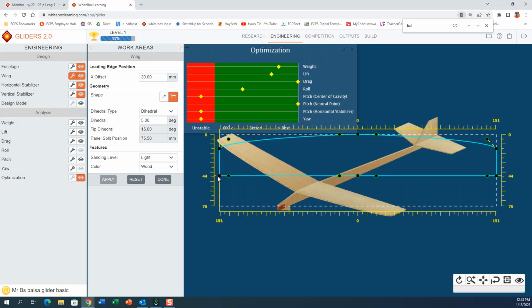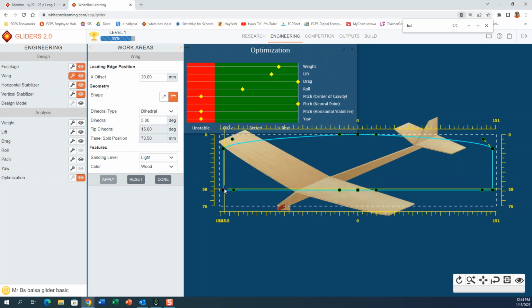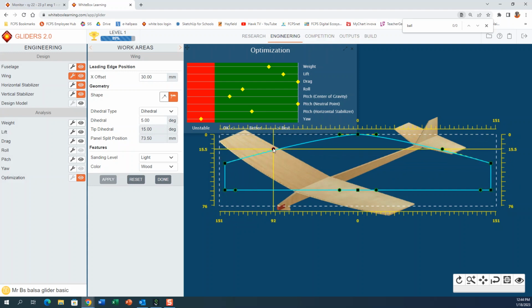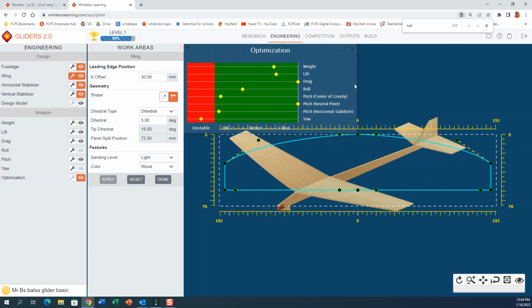Now let me try to start making my wing a little bit bigger and a little bit different shape and see if I can get my lift to go up. My lift is going up quite a bit, and you can just experiment with different shapes and curvatures and get to where you have a wing that has pretty good lift and your weight is still a relatively high score as well. So I just did that quickly. You can experiment on your own to get something that has good lift and doesn't sacrifice too much on your